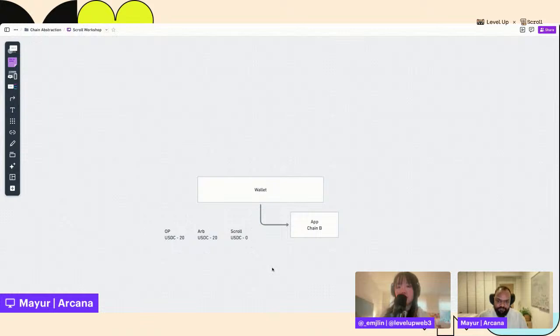Now, if the user wanted to interact with this app and spend assets here, the first thing they need to do is head over to a bridge. So this is an OP to Scroll